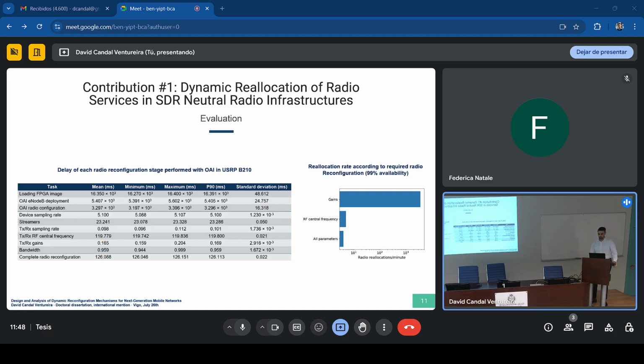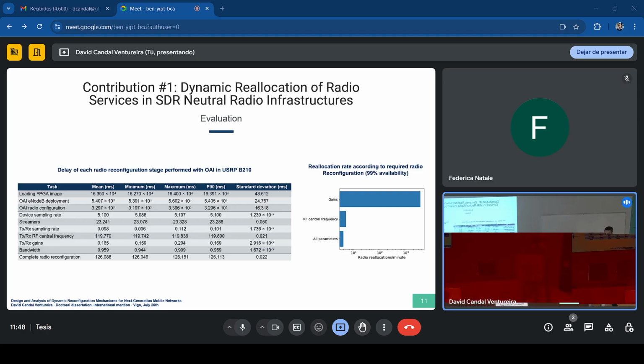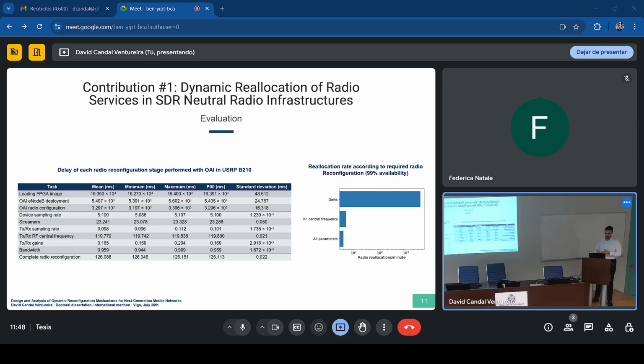However, we can further reduce this downtime by avoiding reconfiguring those parameters, as I said, that match those requested by the new service. Also, we can implement a signal processing function in the transceiver coordinator itself to adapt the digital signals for transmission and reception by software, in order not to reconfigure some of these parameters. In the example shown before, we had 4 channels of 5 MHz each, so we could configure the SDR to operate at 20 MHz and then channelize and resample by software the transmission and reception signals.